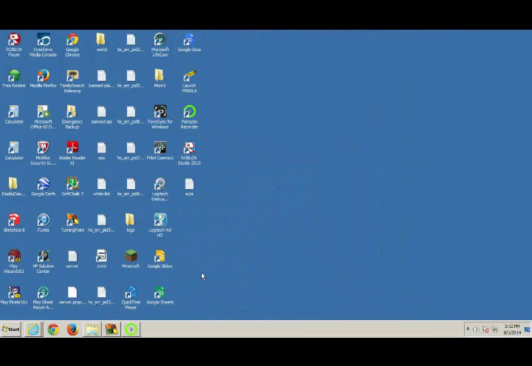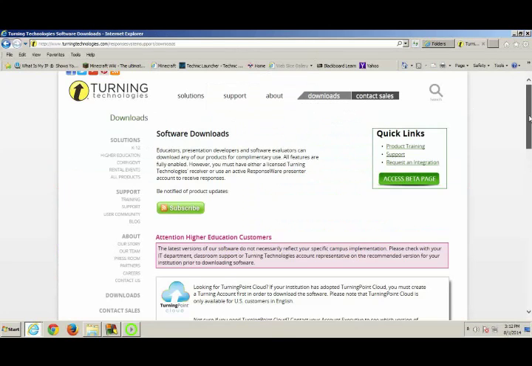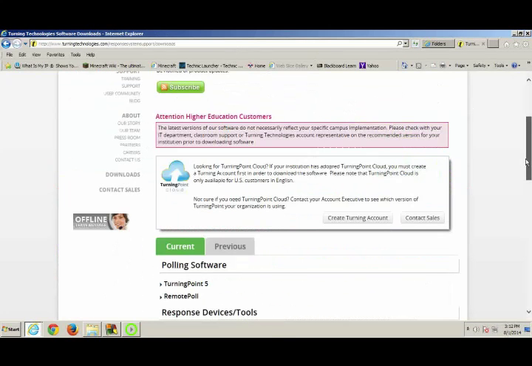Alright, for this third segment for my application project, I wanted to show you how to download the software to create the quizzes and the project lists. If you go to Turning Point's website, which is www.turningtechnologies.com, you can actually download the software by clicking Downloads on their webpage and then scanning down on the webpage